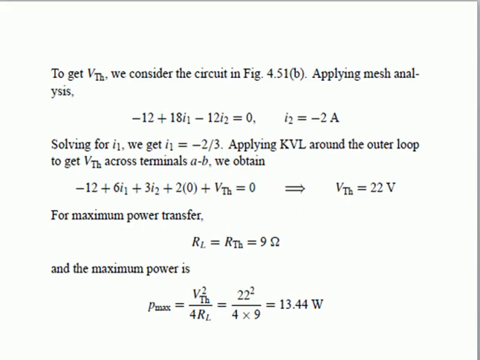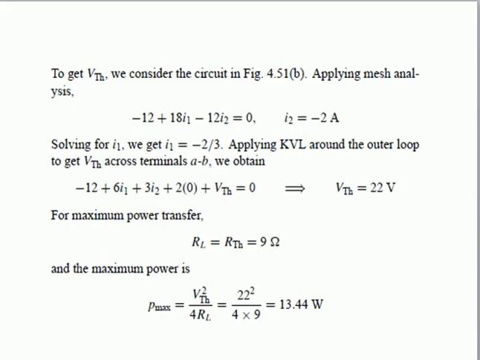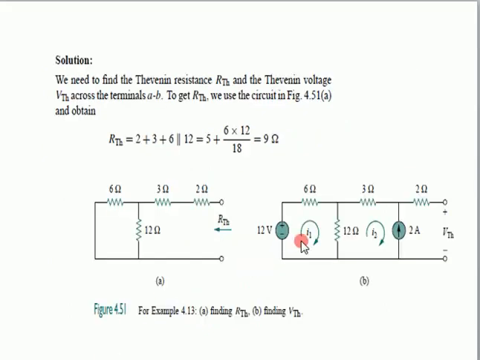After getting the value of this I1, we have to find out the value of VThevenin, and VThevenin is the voltage of this open terminal. So we will apply the KVL at the outer loop. When we apply the KVL at the outer loop, that is across the terminals AB, then we will get this equation, that now we are not having all these branches. Why we are not having this branch and this branch? Because this is in parallel with this VThevenin. Here is the open circuit, so there is also an open circuit, and there is also an open circuit.